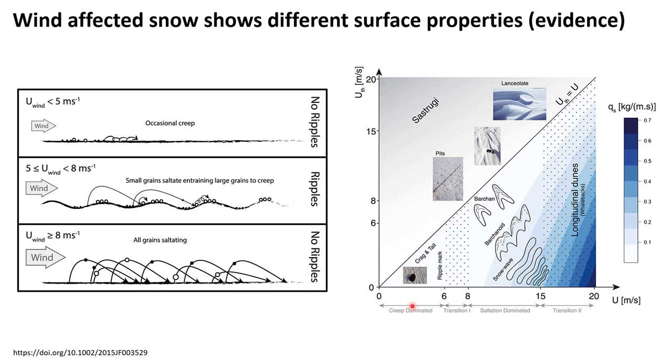And so they're showing down here the creep-dominated domain, so the types of resultant surfaces that you would observe on the snow, what they call crag and tail, and some of these ripple marks. And then once you start to see saltation as the dominant snow transport, you start to get these other regimes here. So we have sastrugi, which are sort of these ripple patterns, Barchan, Barchanoid, and snow wave effects. And then as we get higher and higher wind velocities out here, that's when we start to get snow dune